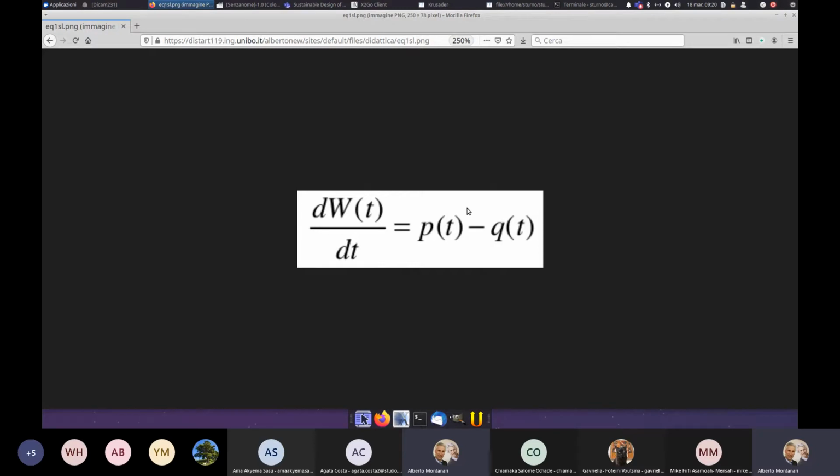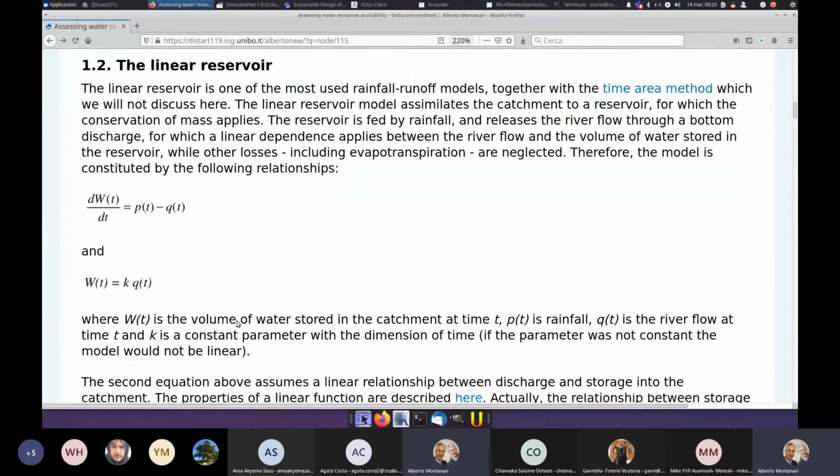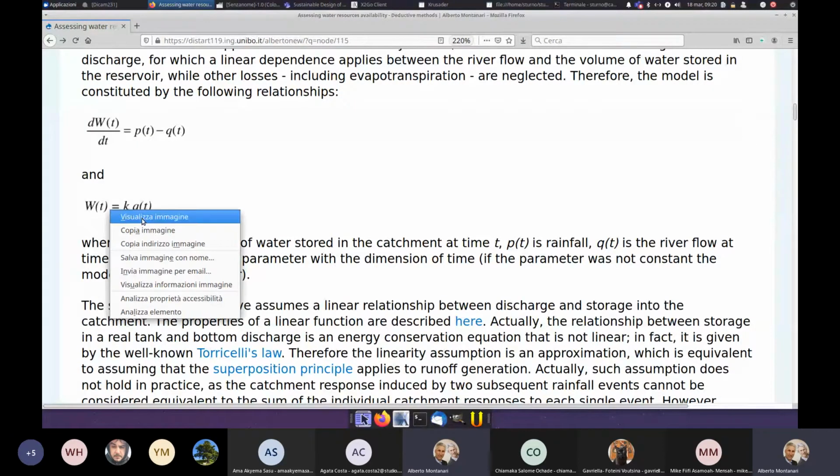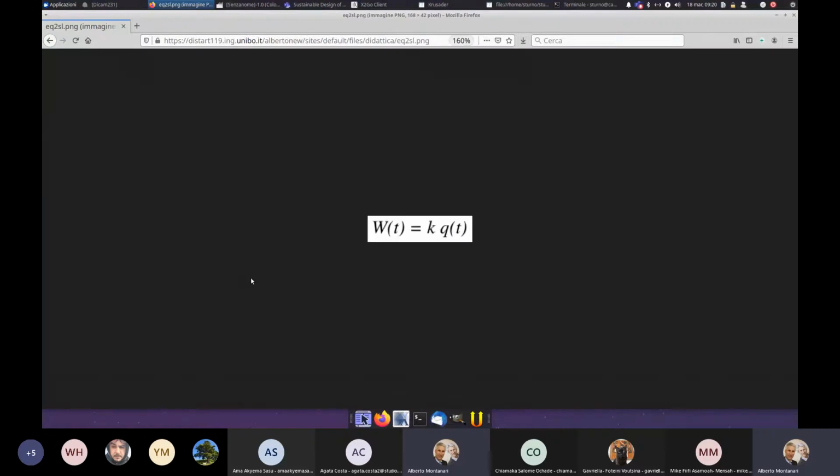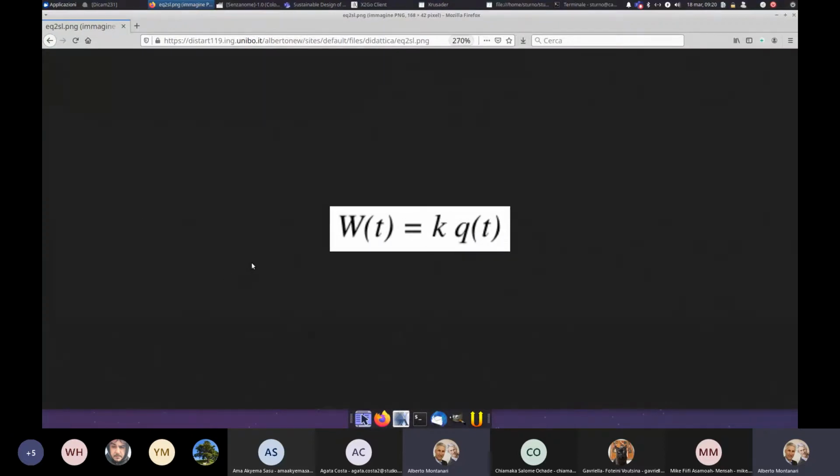And then QT is the river flow. PT is, sorry, I forgot to say that, net rainfall multiplied by the area of the catchment. So it's the volume of net rainfall per unit time. So we got this equation, and then we took an energy balance equation, which we introduced by taking an empirical